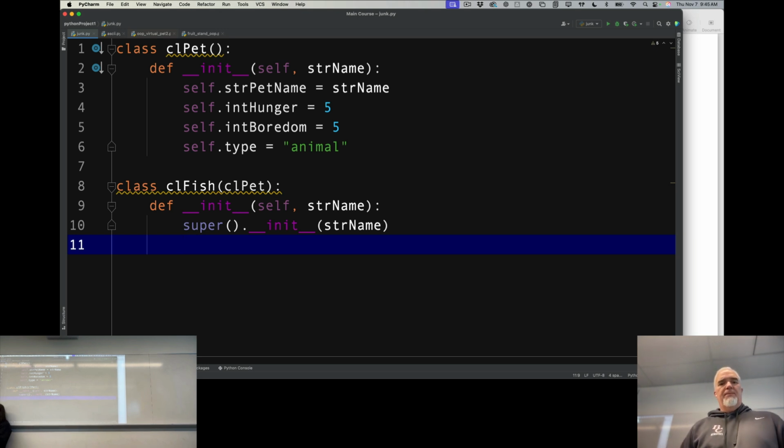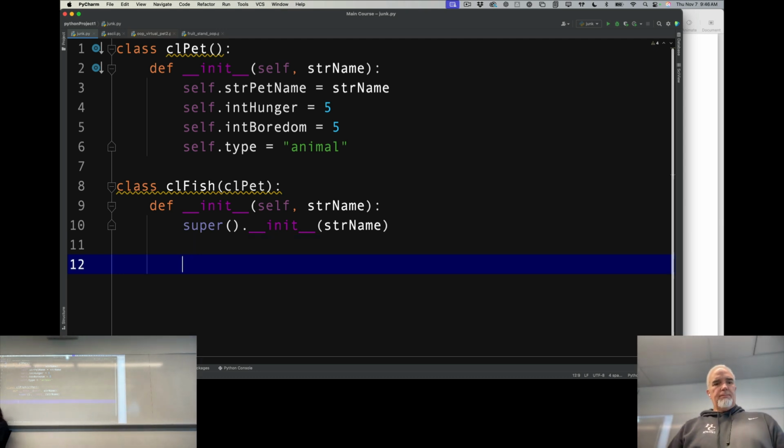So the rest of these are already going to exist now. So the name, hunger, boredom, and the type from the parent class will be inherited here, even though I don't mention them at all. Let me show you. So if I say my fish equals CLFish, and I want to name it Guppy,